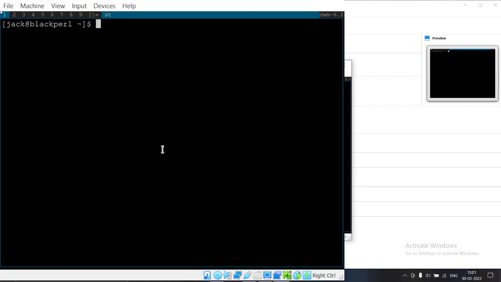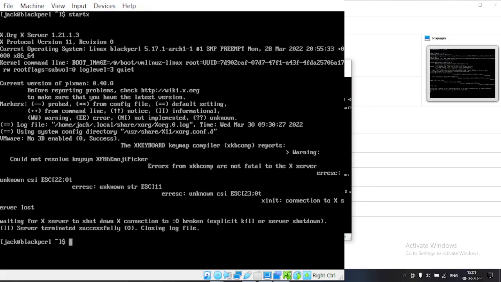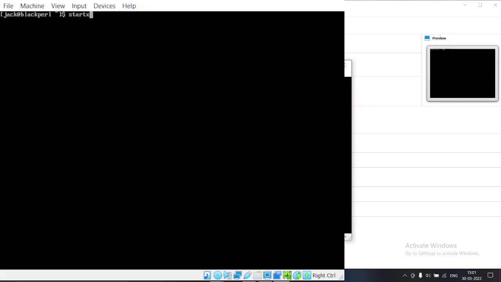Let me restart DWM with Alt Shift Q. We are back here. Let me one last time do startx. And now if I do Alt Shift Q, you can see the DWM is getting restarted, but we are not going back there.